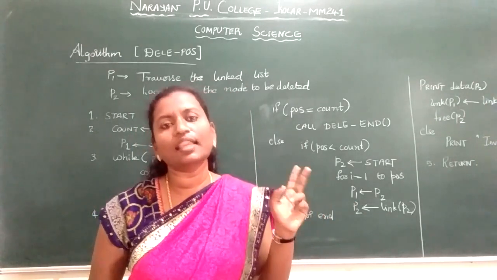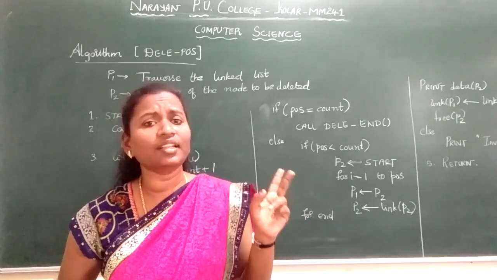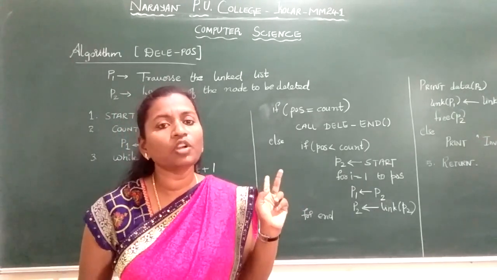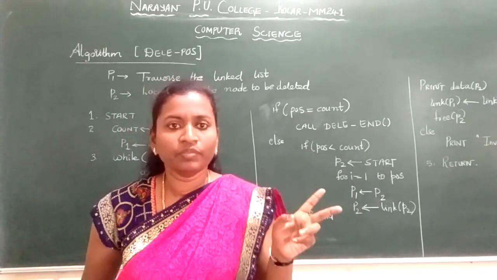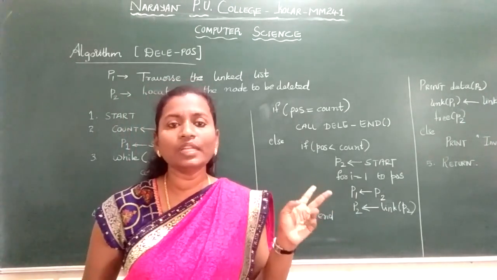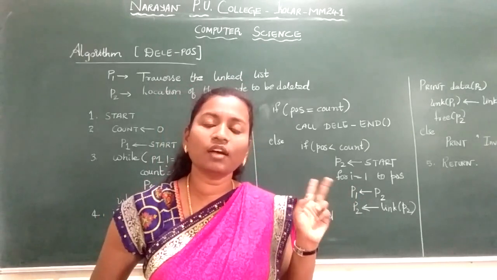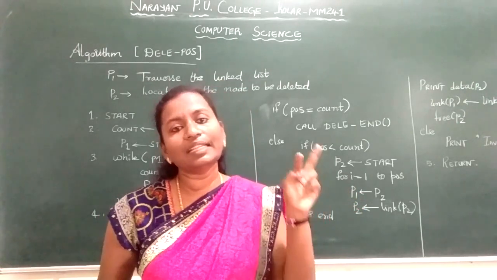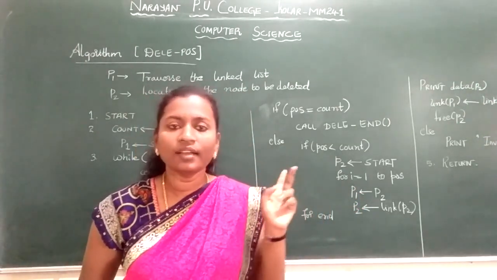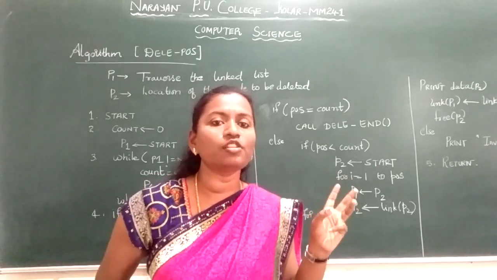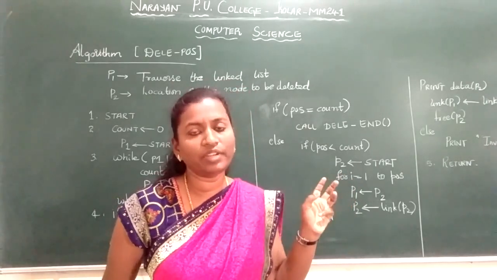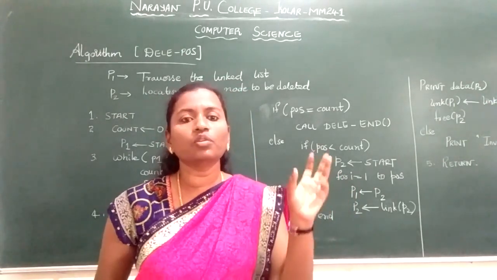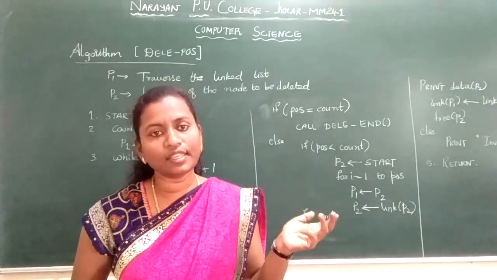Now in the last class we have also seen how to delete the given element in the linked list. There also I discussed how to delete the element at the beginning. In today's class I will discuss how to delete the element at the given position. For that you should know how to delete the element at the end and how to delete the element at the beginning, and by implementing these two, with only a few lines of code added in between, we can delete the element at the given position. So a few concepts, two algorithms, I will discuss in the revision classes.